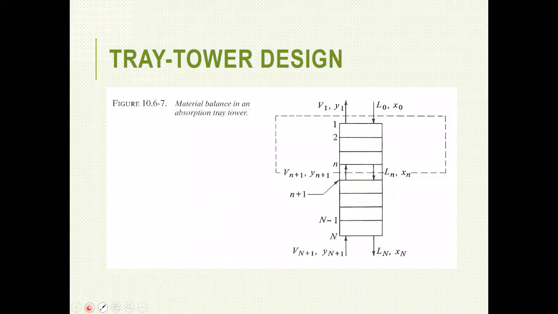Now, if it's the design of the tower, this is our tower. This was shown to you colored last meeting. So this is your gas entering the bottom, labeled in this manner. This is your solvent already carrying your solute from the gas. This is your pure solvent, or your original solvent, and this is your gas that had been scrubbed off the solute. Okay, so this is how we represent our column.